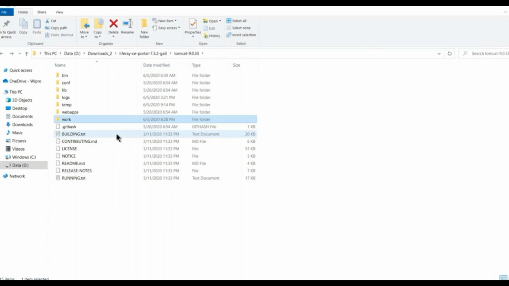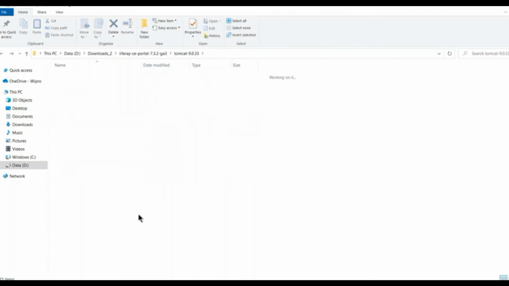And also, whenever you make any changes in Liferay and for some reason those changes are not reflecting, you can clean up the work directory and temp directory, and then restart Tomcat. In that case most probably whatever changes you have made are going to get reflected, because the work directory is where Tomcat keeps or caches the information about this website.